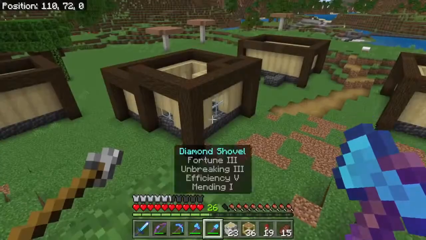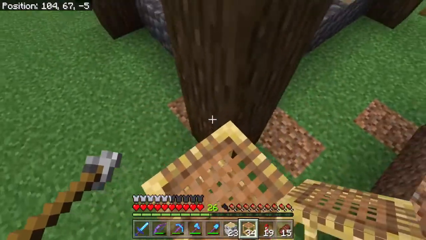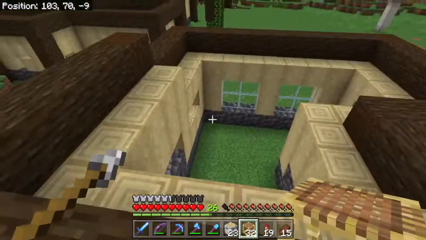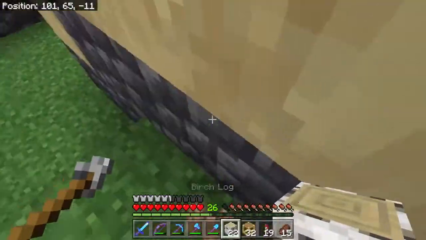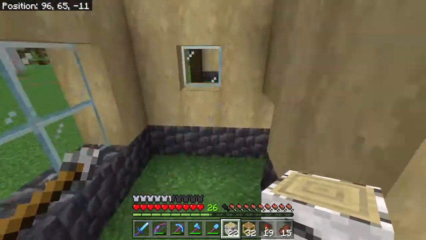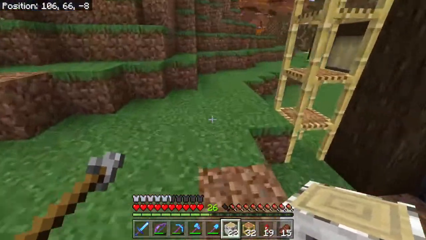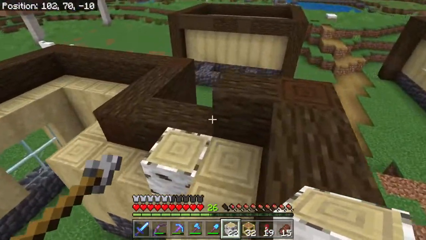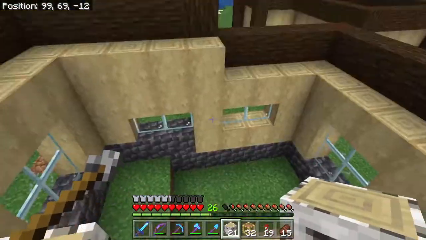There we go. So the problem is I need to not fall down. That's the last thing I needed to do. However, I did it, so we're going to have to start over. Let's go over here. Bounce back up. There we go. So we're going to go